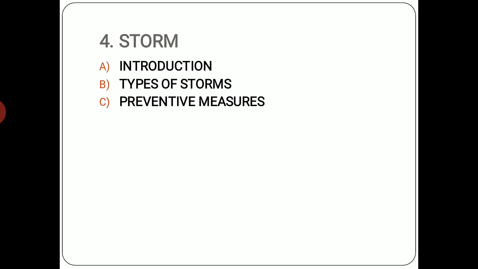Again, maintain trees and big plants in your compounds or nearby roads. So what happens is, remove weak branches and cut the trees that could damage your homes during a storm. So we have to maintain the trees and the big plants, because during the storm it may create destruction to the house or maybe the properties around. Fourth step that can be taken up is